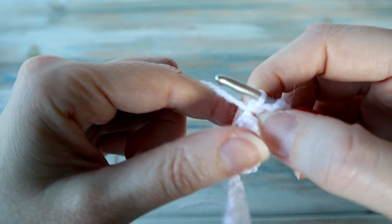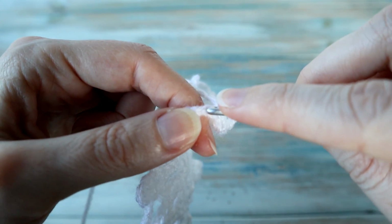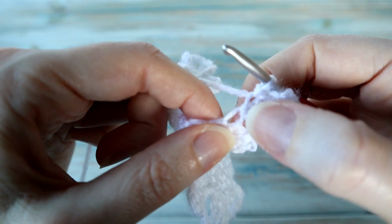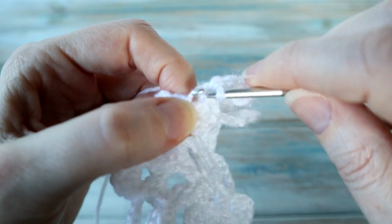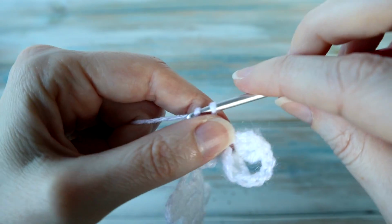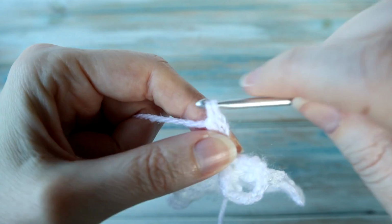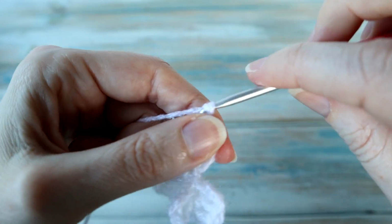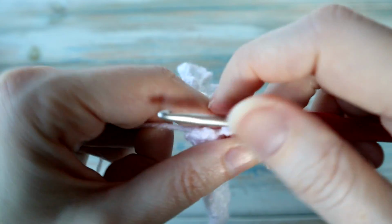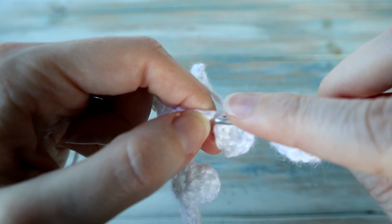Then we're going to slip stitch in the next chain. So this 5th one we did at the beginning, you can see there. The little chain there, we're just going to slip stitch into there. Then we're going to slip stitch into the 4th chain that we were working in before. Then we're going to chain 3 and do a double crochet in that 4th chain. Chain 3, and then slip stitch in that 4th chain as well. Then that had a 5th chain as well, and we're going to slip stitch into that little 5th chain,